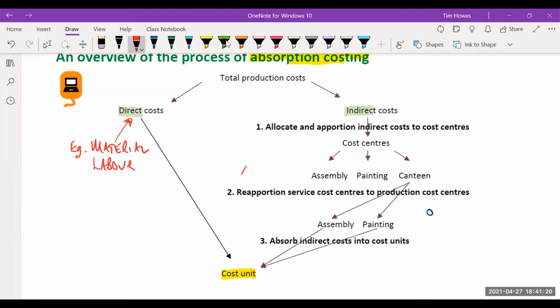Okay. So we talk about materials, we talk about labour. Elena, you're saying costs relating to the production of a unit. Yep, but so are indirect costs. So look at that overall picture. What makes a direct cost a direct cost? The important thing is, and it was mentioned specifically by Jenna on the chat panel, well done to you, Jenna, these are costs that you can trace to specific units of production. That's what these are.